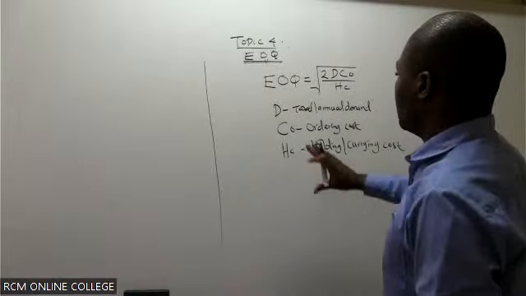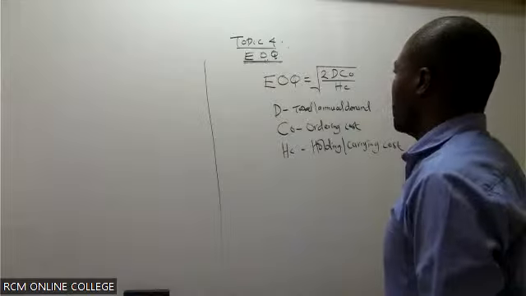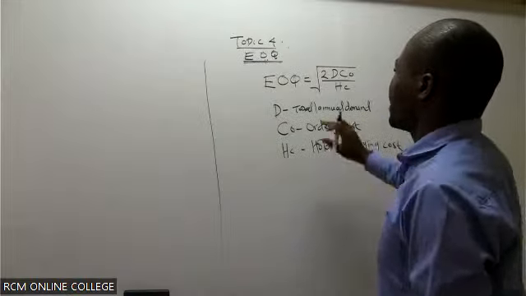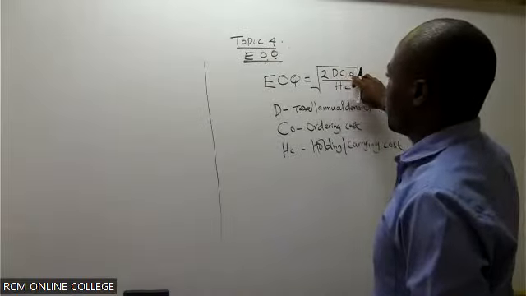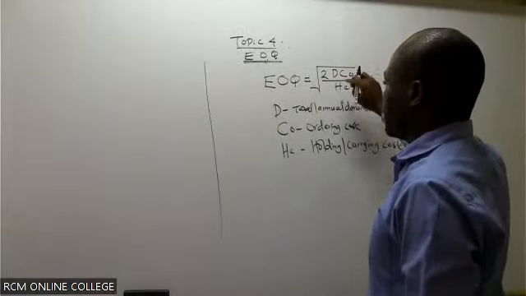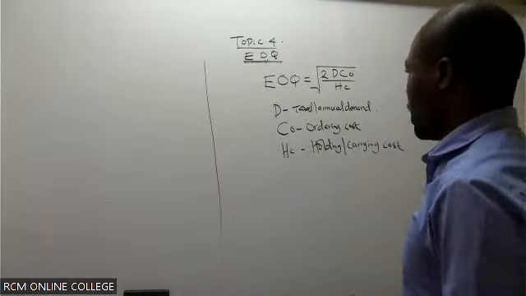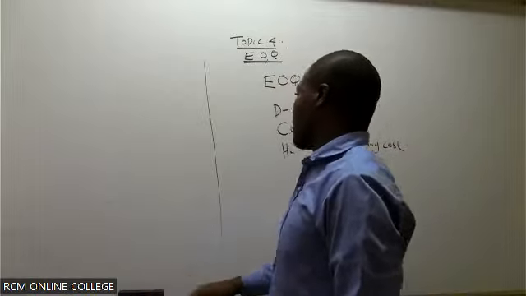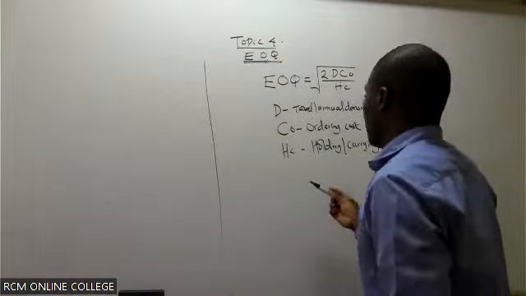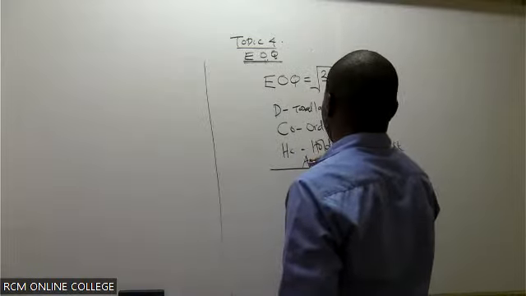So once you're able to understand this, and you are given a question, you basically do a very simple job. Just identify what will be there as D, what you have there as ordering cost, and what you have there as holding cost. So that is what we have. But again, if you look at our formula very well, I want us now to see if we can identify the assumptions